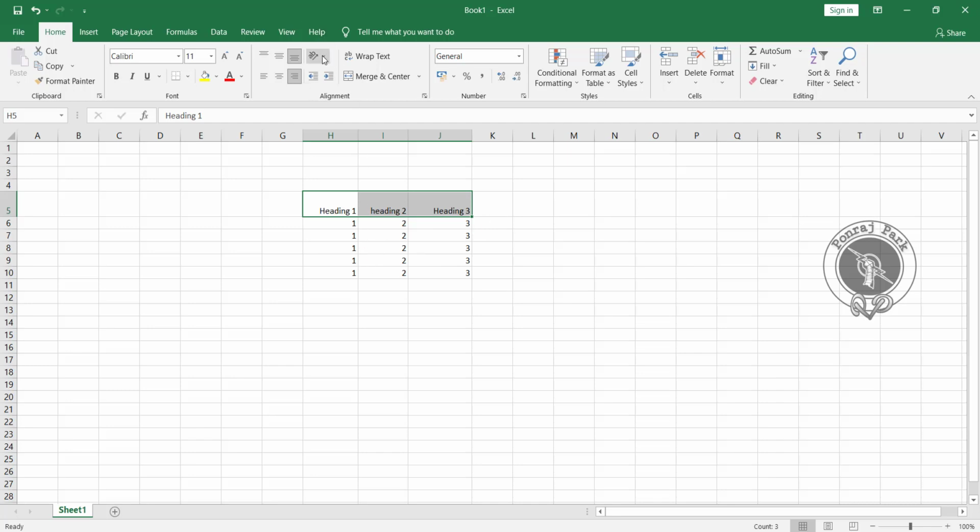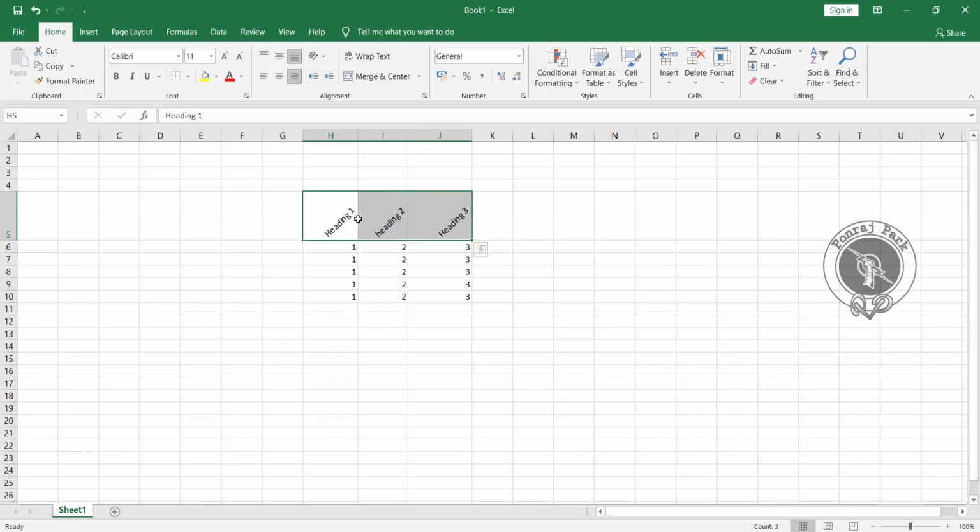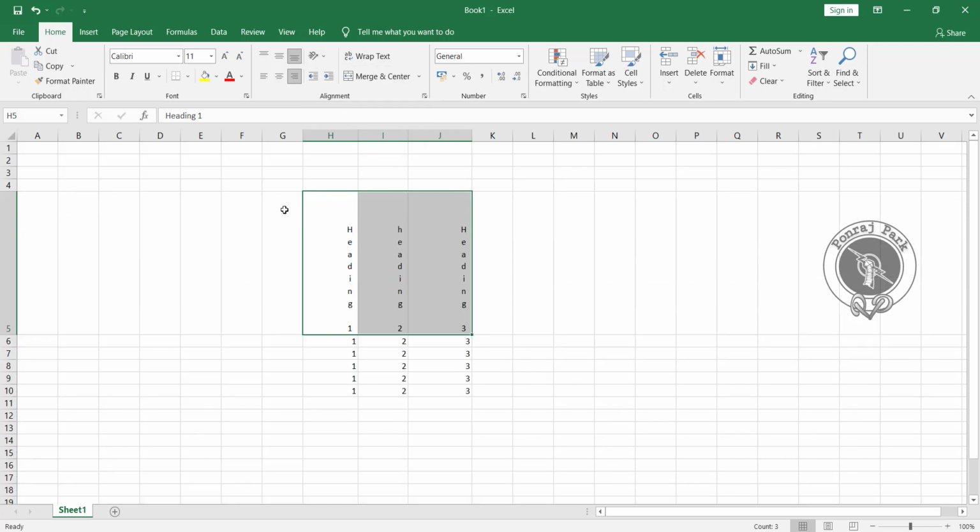Then we have here this orientation. If you want to give it an angle counterclockwise, something like this, you can give that kind of orientation to this. Here different orientations are available, so you can just change the angle like this. Vertical text, if you want, this is how the whole vertical text looks.